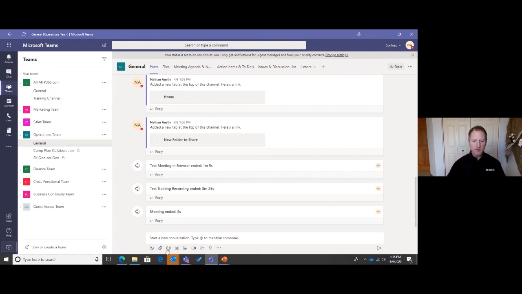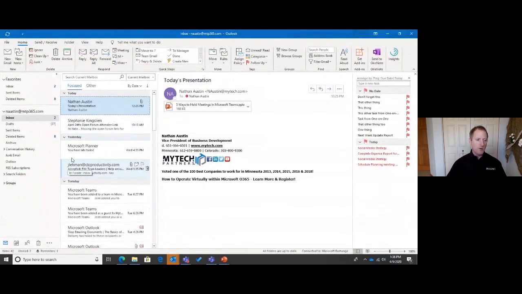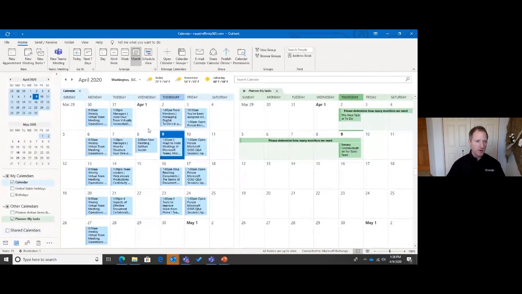All right, so now we've basically covered a lot of channel conversations about how to do that. So now I'm going to move on to what if I want to hold a meeting externally with an external client or vendor or partner. One of the things that I will show is if you're in Outlook, go to your calendar view. I'm showing my calendar view here. There's a couple things here at the top. I'm going to show you two ways to do it. It works the same way, but notice here at the top, it gives me the option to say new Teams meeting. So with one click on new Teams meeting,